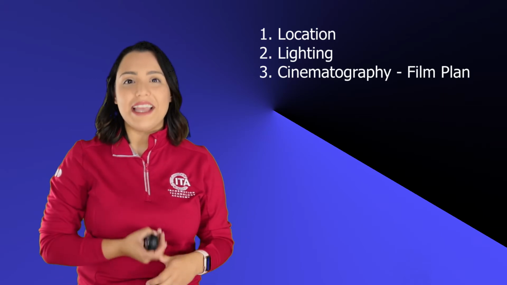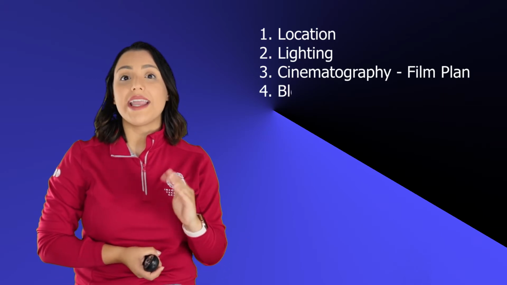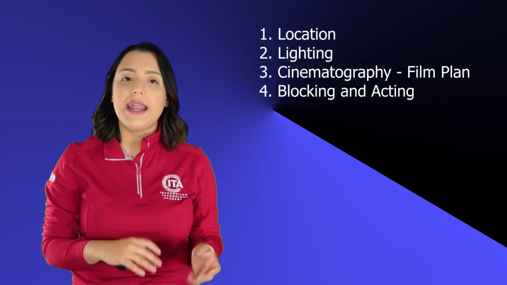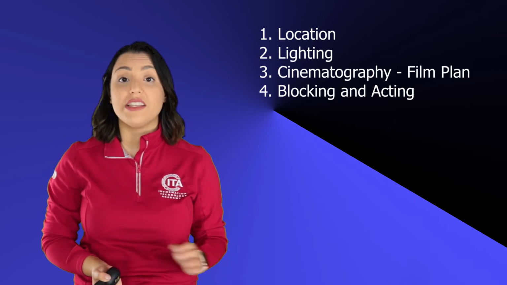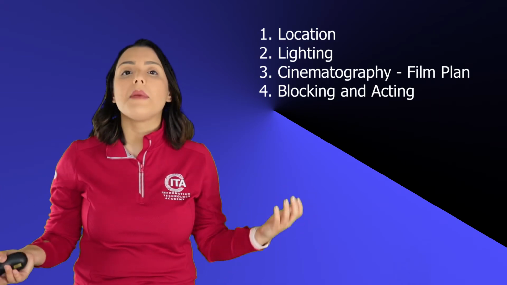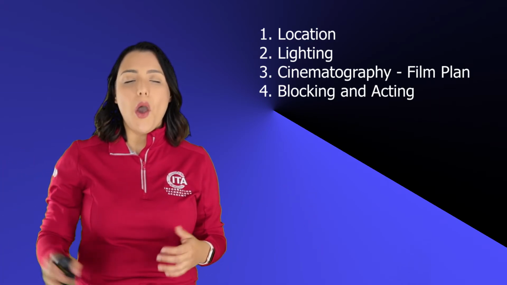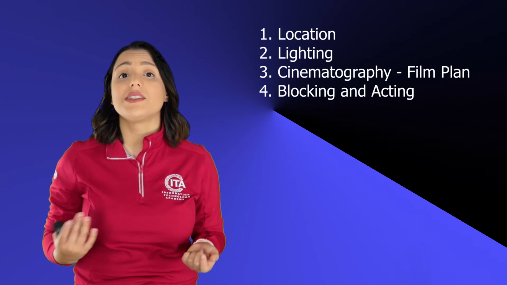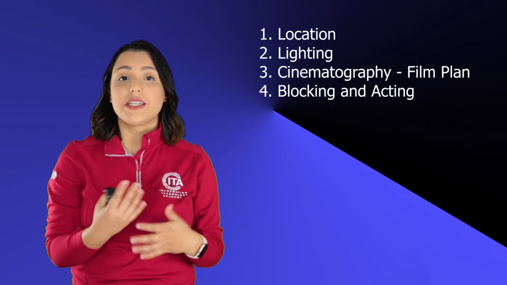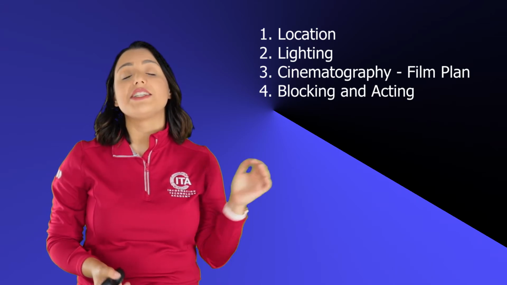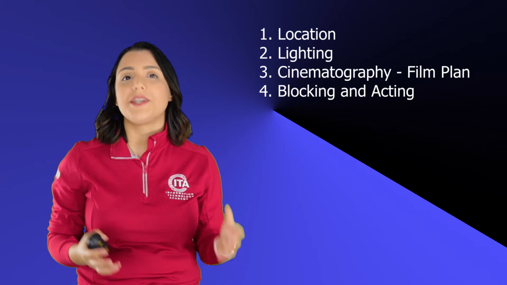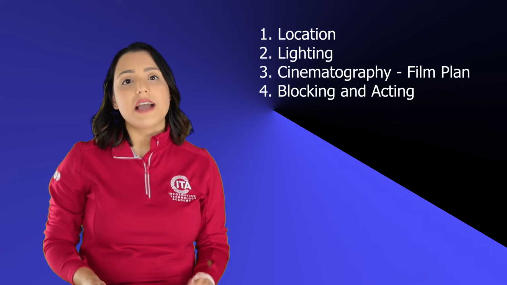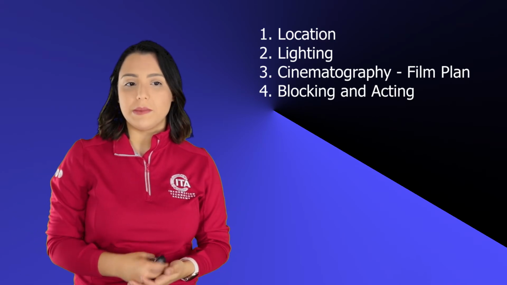During this filmmaking planning, directors should also think about blocking and acting. So blocking is deciding how characters will be set in a scene and how they are going to be moving throughout the scene, so that they know where to place their cameras, how the lighting is going to look, what kind of movements they can do. And acting is the actions and emotions that the characters are going to portray. The director must come up with all of these plans in order to decide how each character is going to live in the scene and if they're actually portraying what was written on the script.